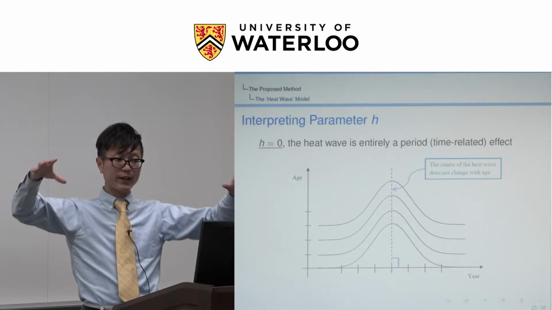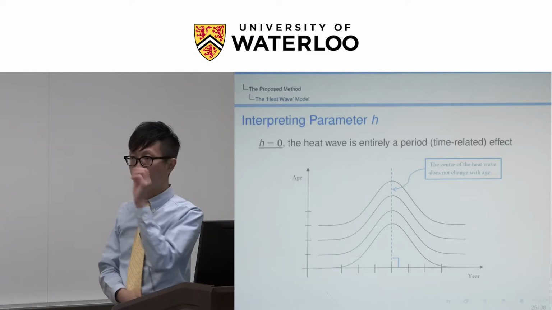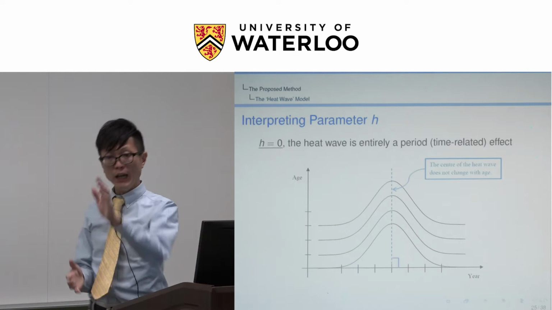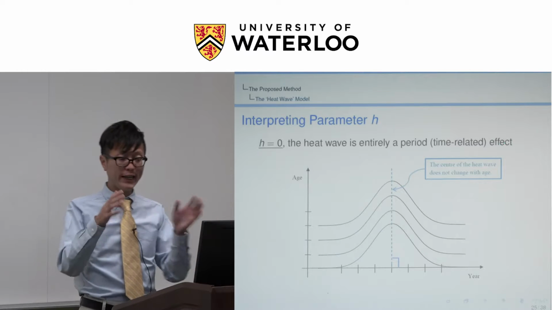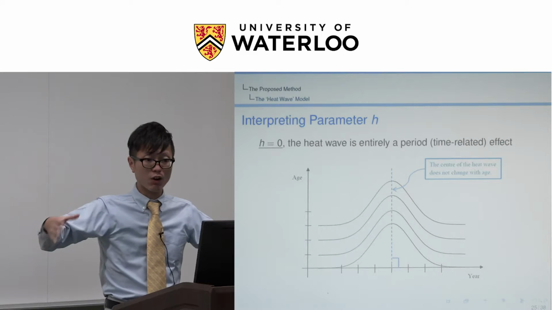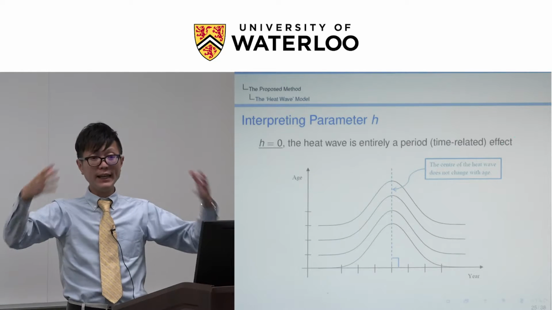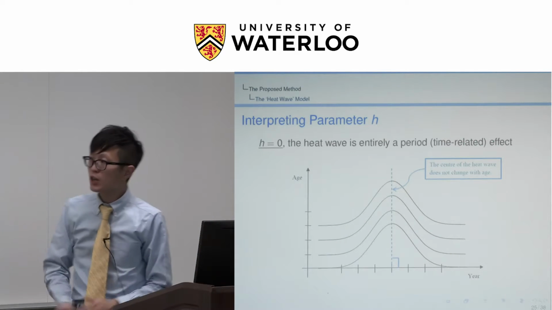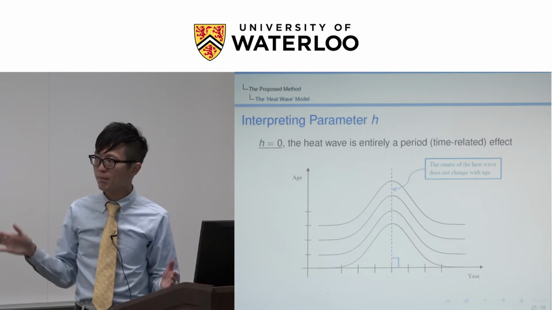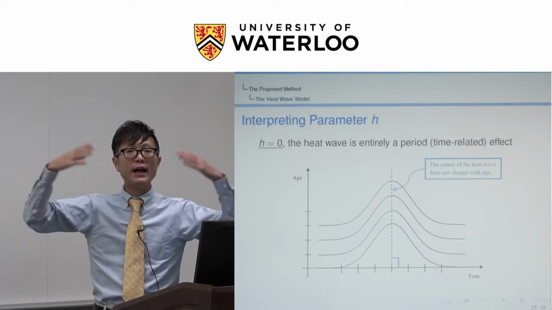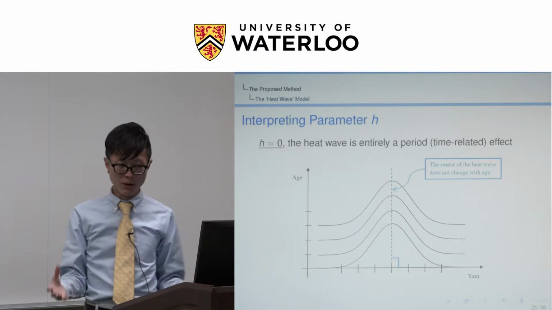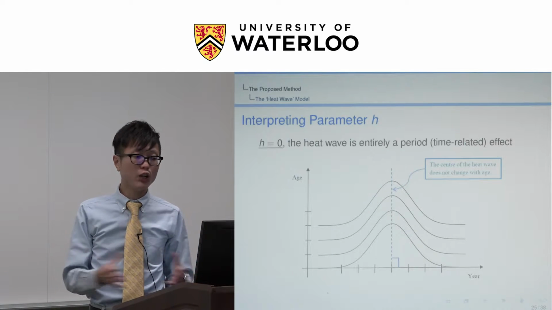Functionality of parameter h. Let me explain the functionality of h by considering two extreme cases. In the first extreme, when h equals 0, the center of the heat wave is completely independent of time, so the heat waves will be lined up like this. So that means the heat wave is purely a time-related phenomenon. It has nothing to do